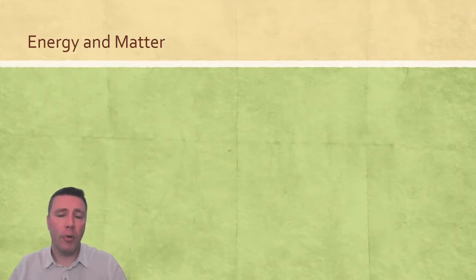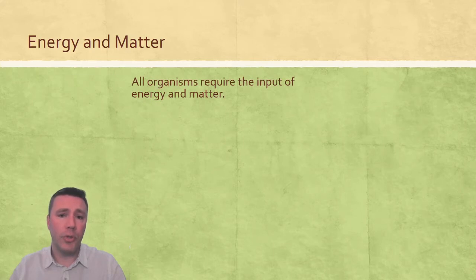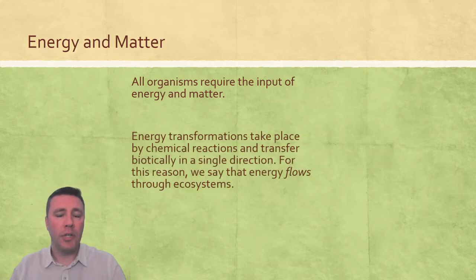All living things require energy and matter. The reason why these two terms usually travel together as a pair is because they are related to each other. But what we need to be familiar with is what makes those two things different. Energy transformations are the result of chemical reactions that take place within living things. We learned about photosynthesis and cellular respiration as really great examples of thermodynamic changes.